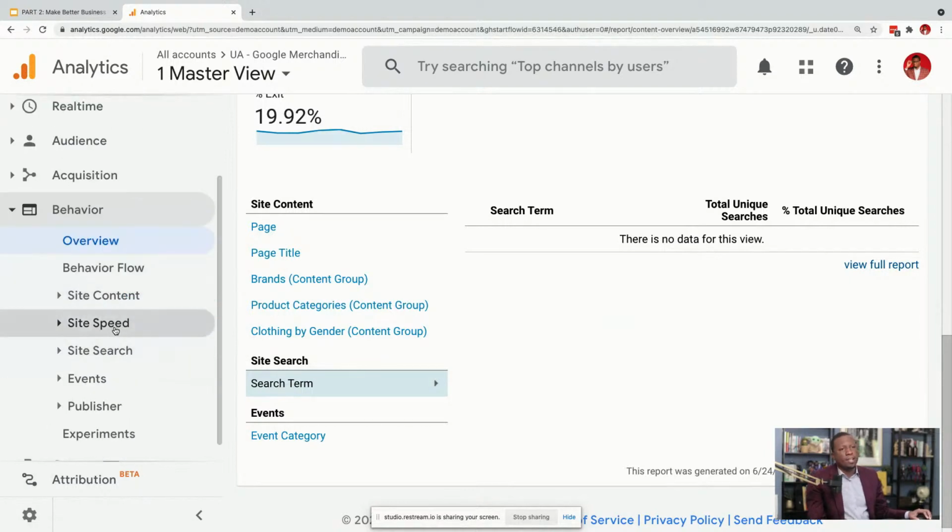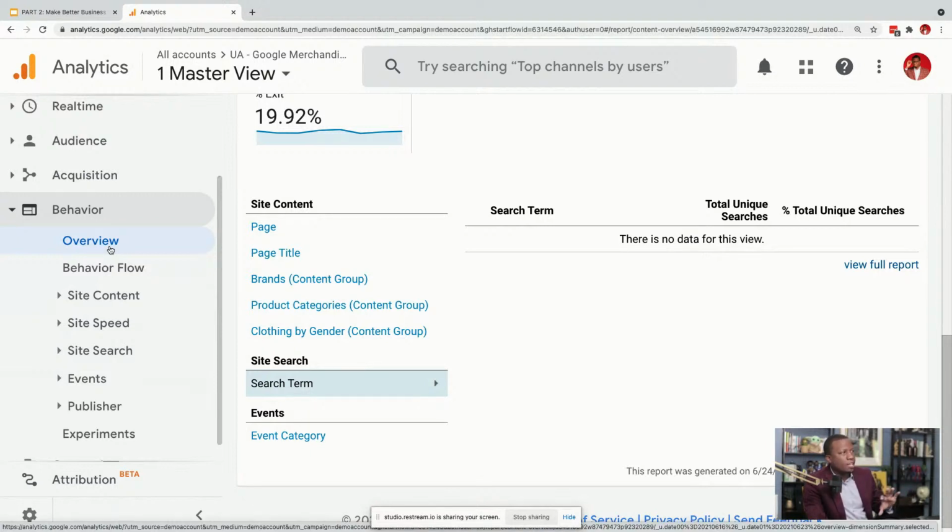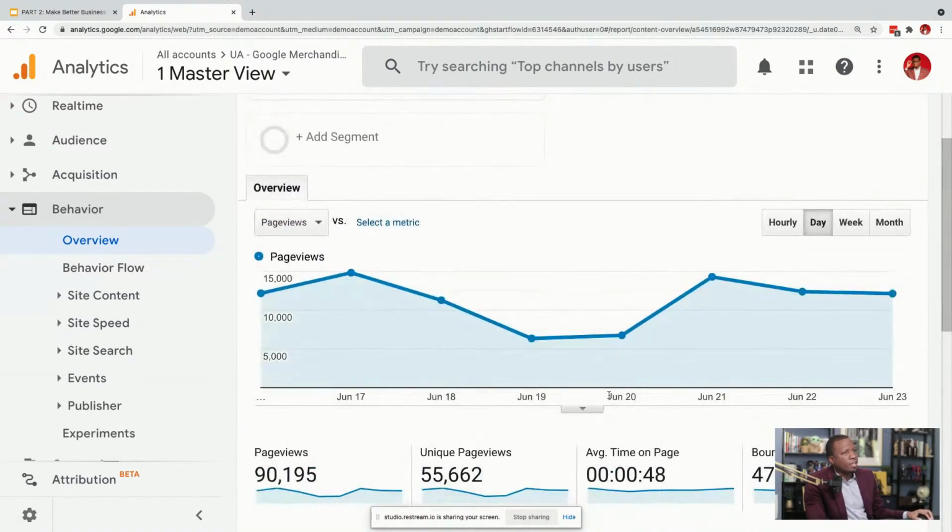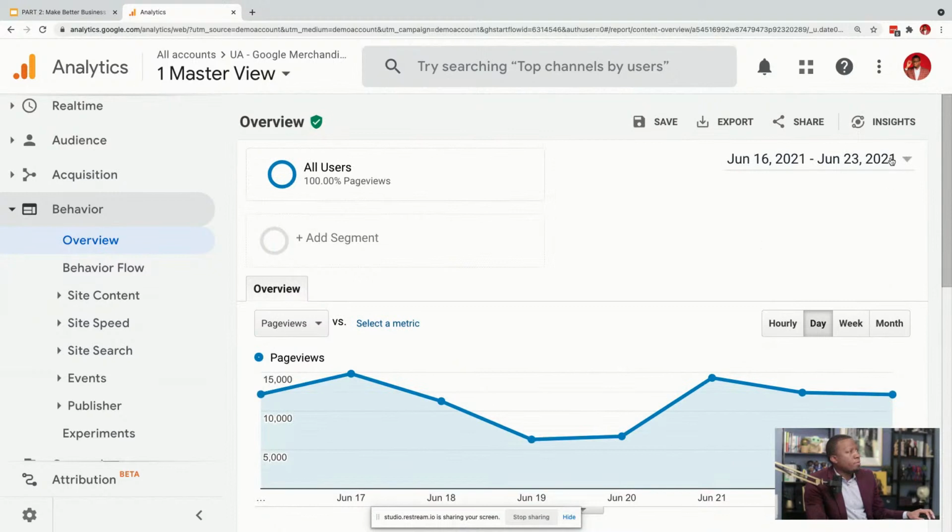And once again, I'll let you explore in your own time, but there are so many options in behavior. But once again, always start out with the overview. Overview is always the first tab in any category. And I'll say this one more time, but you can always go over here to the right hand side.